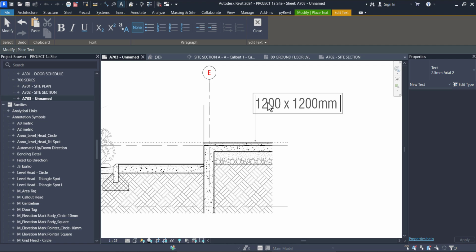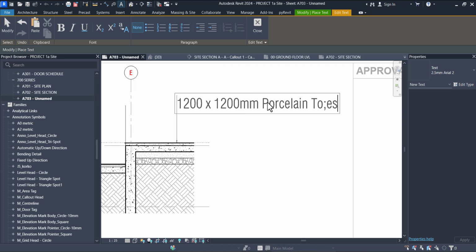You can put the brand name, so if it's Porcelanosa, if it's Rack, whatever, I just want to put porcelain tiles laid on